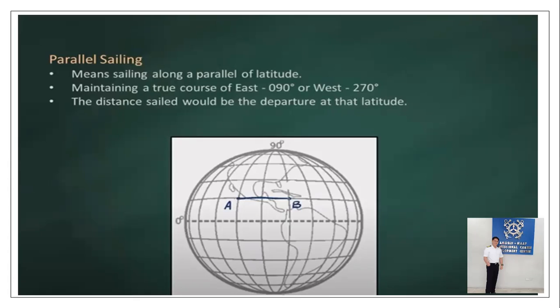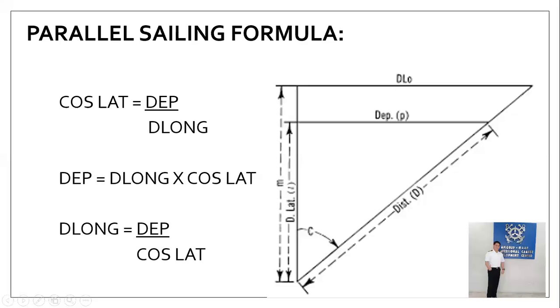And here is the parallel sailing formula. We have the cosine latitude equal to departure over d long. Just memorize this one, only one formula. For plain sailing formula, memorize the SOHCAHTOA and then the other one, the cosine MLAT. So cosine latitude is equal to departure over d long, because with the plain sailing formula, we only have the DLAT, the distance, and then the departure. Now we have added the d long